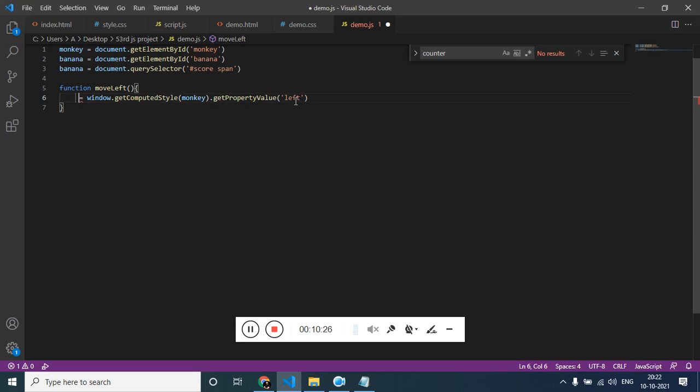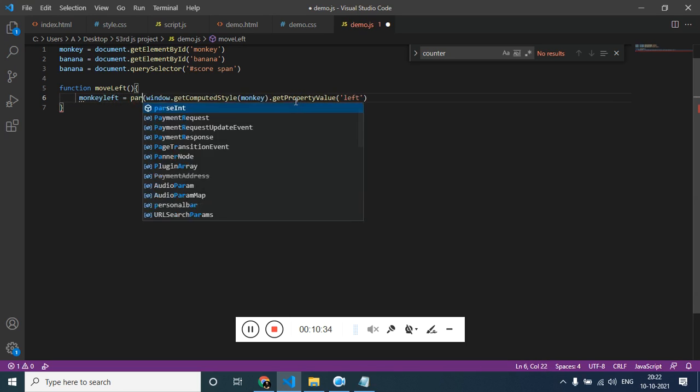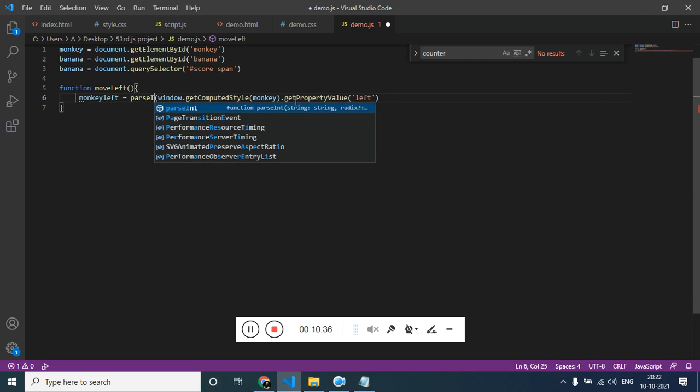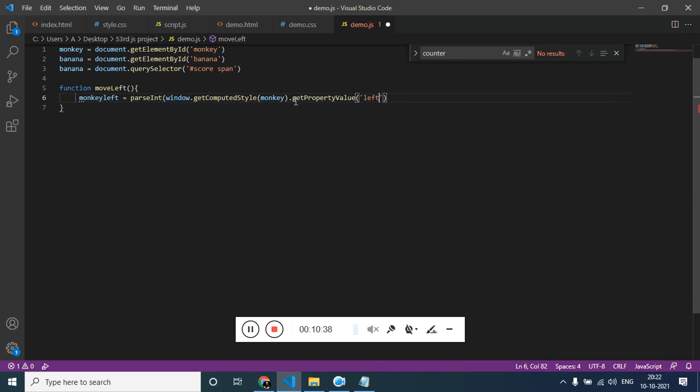So monkeyLeft, so we have to parse this as an integer, and once this is done, we have to pass this monkeyLeft.